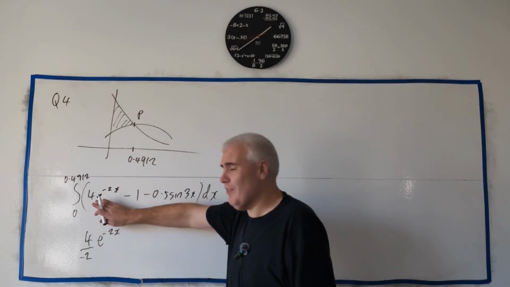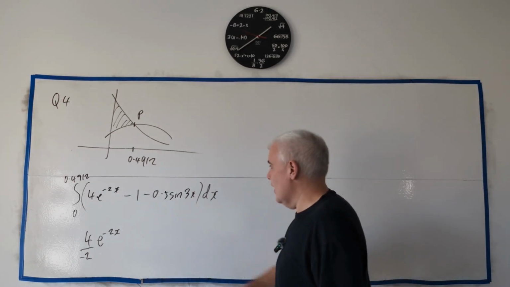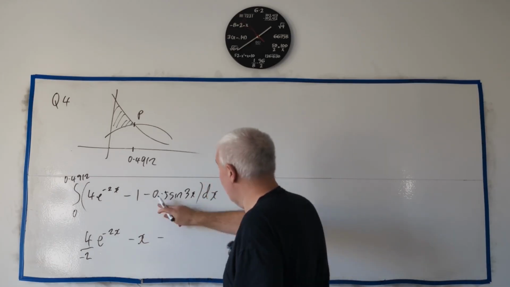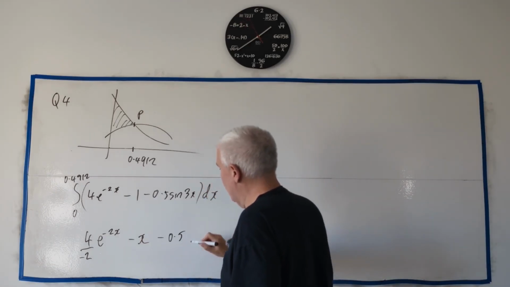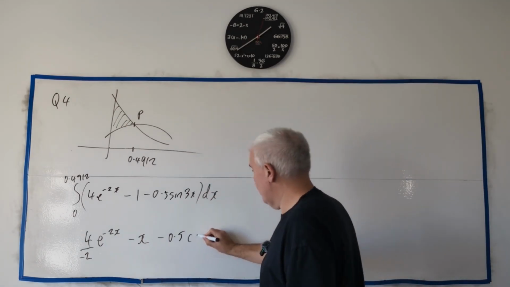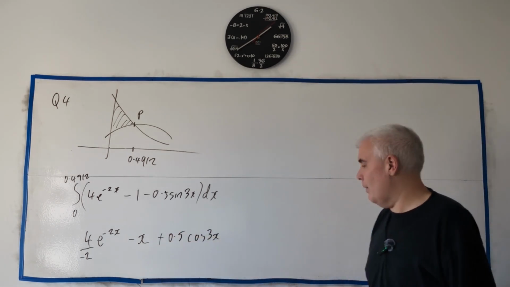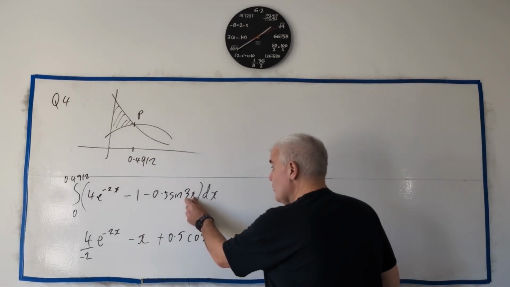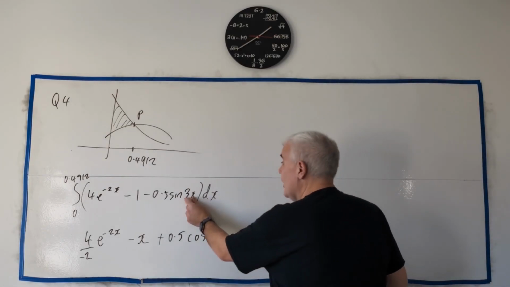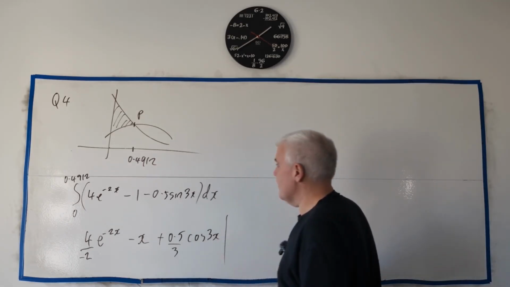I think most students are happy. They've learned the shortcuts of doing these semi-difficult equations. So the integral of minus 1 is just minus x. The integral of this, the minus a half, we ignore that. It's a constant, it comes outside. The integral of a sine is minus cosine. So minus cosine 3x. The minus will cancel that minus. We get a plus. Again, though, this was complicated. This 3x is not an x. It's more complicated than that. So we end up dividing by the derivative of this. So we divide by 3. And all of this is evaluated between